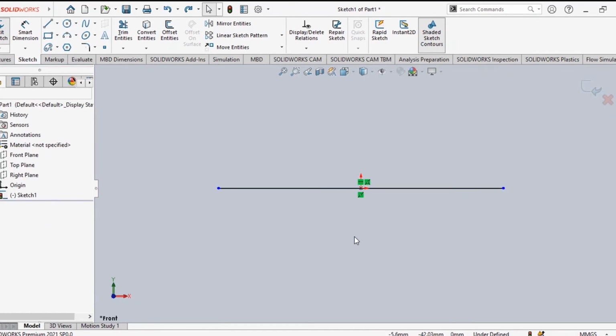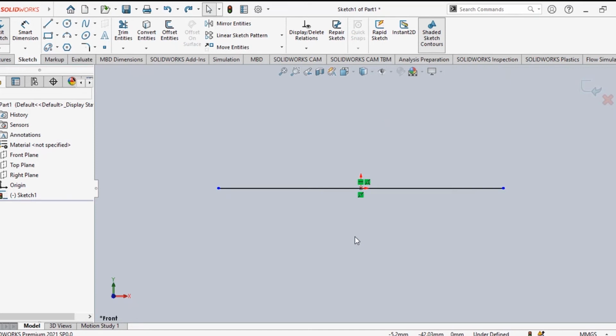Now see, sometimes it may happen that you made a solid line. This is a solid continuous line, right? But you see that you made this line by mistake and you want to make it a center line. Try to understand what I am talking about. You made this line as a continuous line, that means it is a solid line. But after making that line, you understood that this is a mistake. You don't want this line, you want to make it a center line. So what can you do?